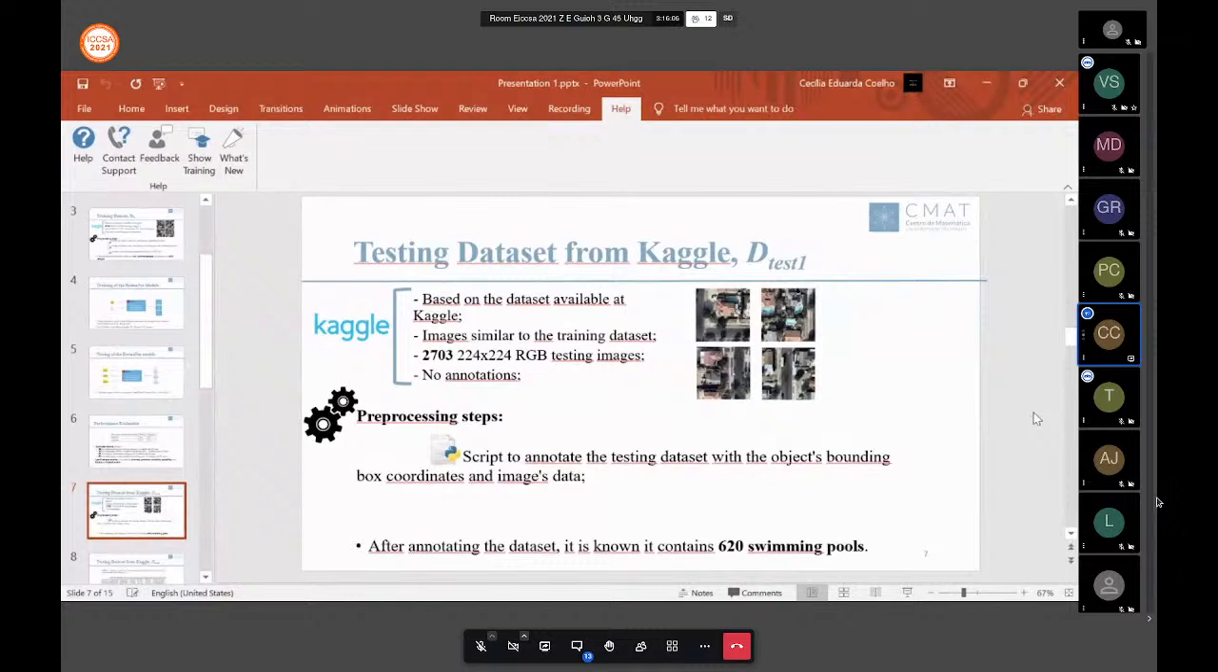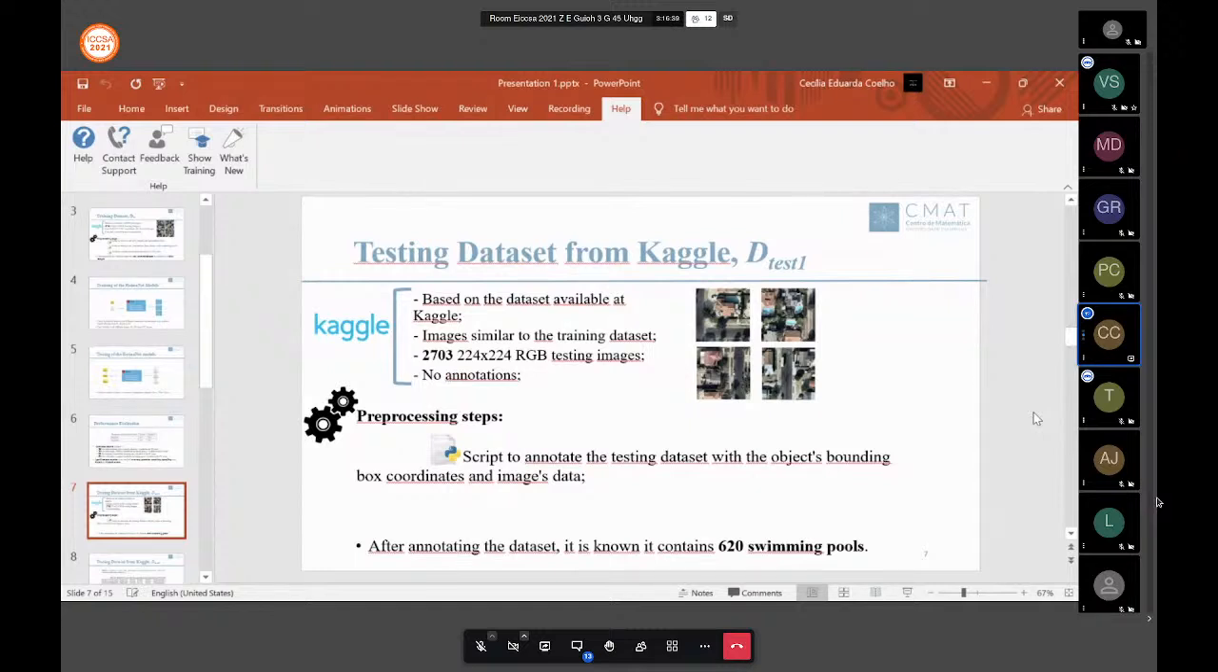So the images are very similar to the ones used to train our models. It has 2,703 testing images, and the images had no annotations. Since we wanted to evaluate the predictions of the models, we needed to annotate the data sets by hand. So to ease that task, we developed a Python script to annotate the testing data set by reading mouse clicks